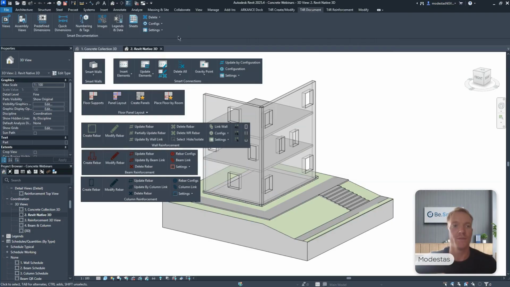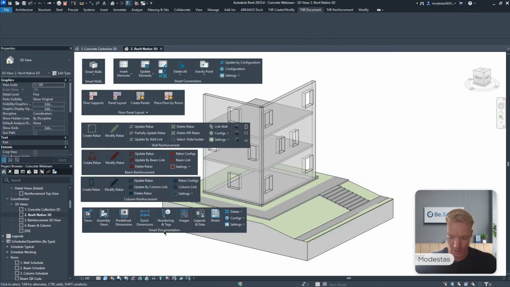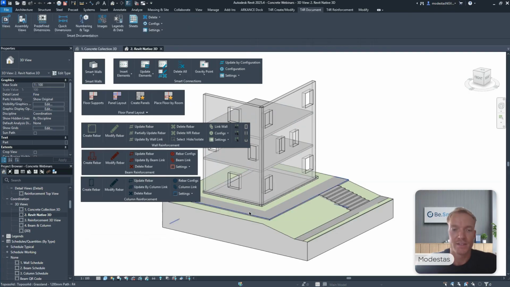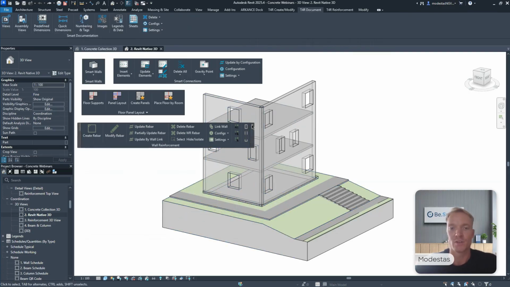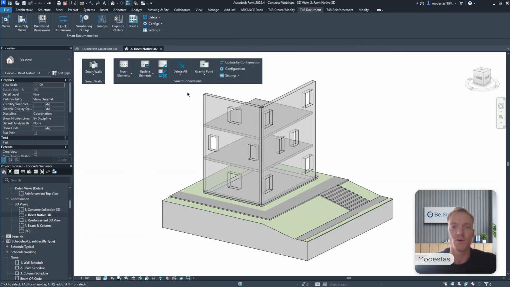And to finish it off, we have the Smart Documentation tool, which can help you finish your projects with drawings: automate dimensions, tags, and maybe you need to number all the elements. You can easily do that with settings that you can preset. So now let's take a look at how all of them work and do a little comparison between Arcan's Be.Sm tools